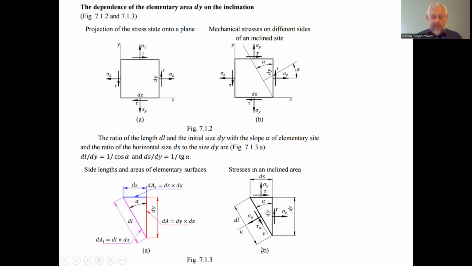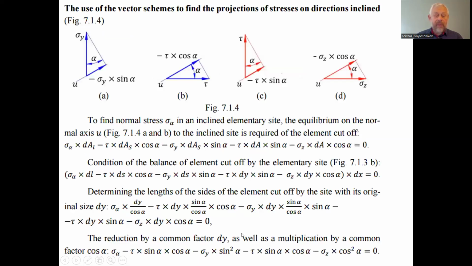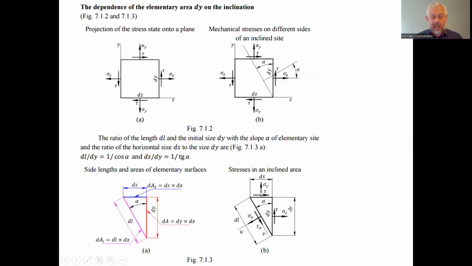Let's consider the equilibrium of acting forces in projection on the auxiliary axis u. To do that, first, besides finding the areas of each of the sides of this element segment of the mechanical body, we will have to find the projections of the acting stresses on the auxiliary axis u. So for the first stress, the force acting on the upper side, sigma y and tau,